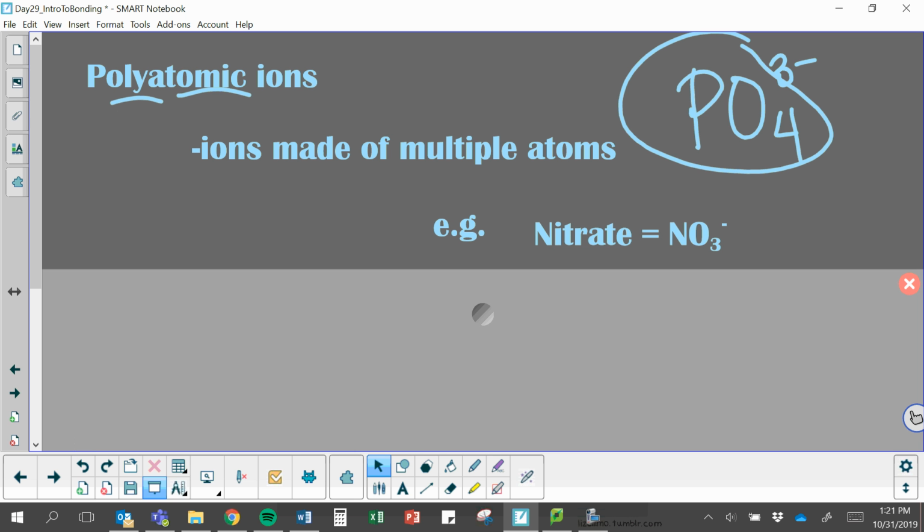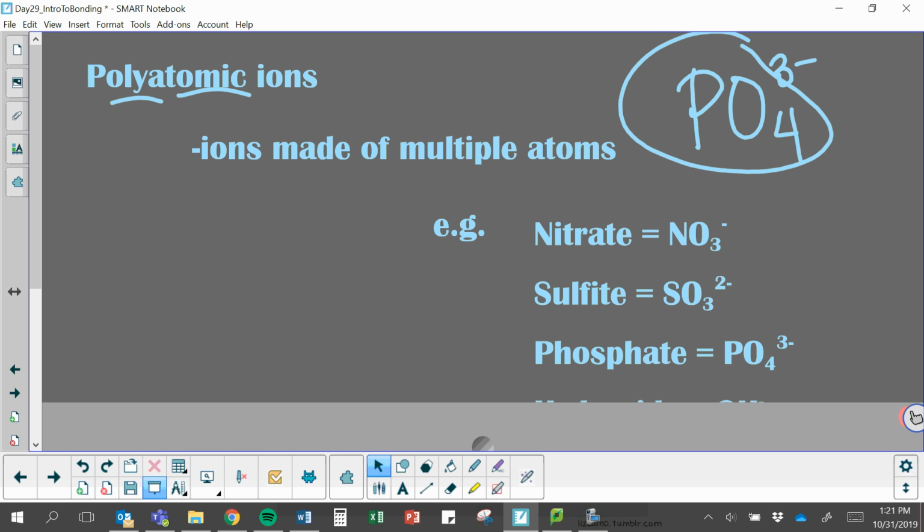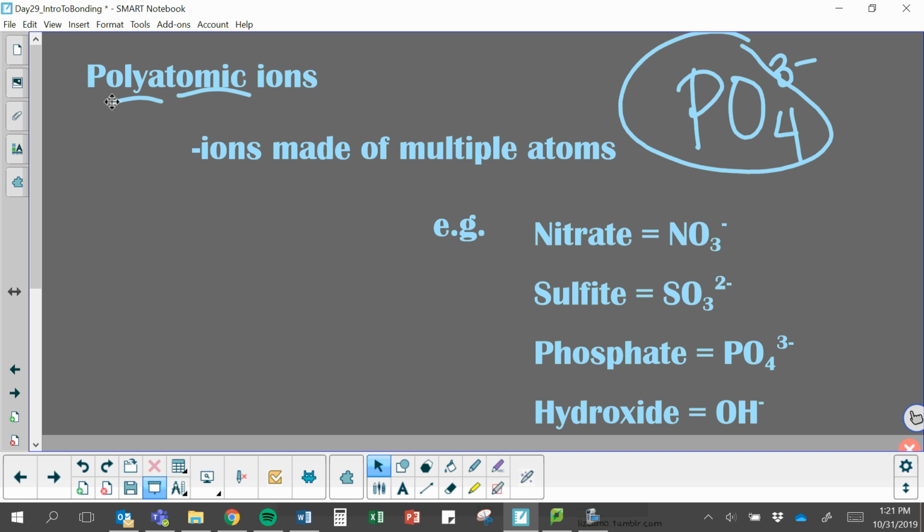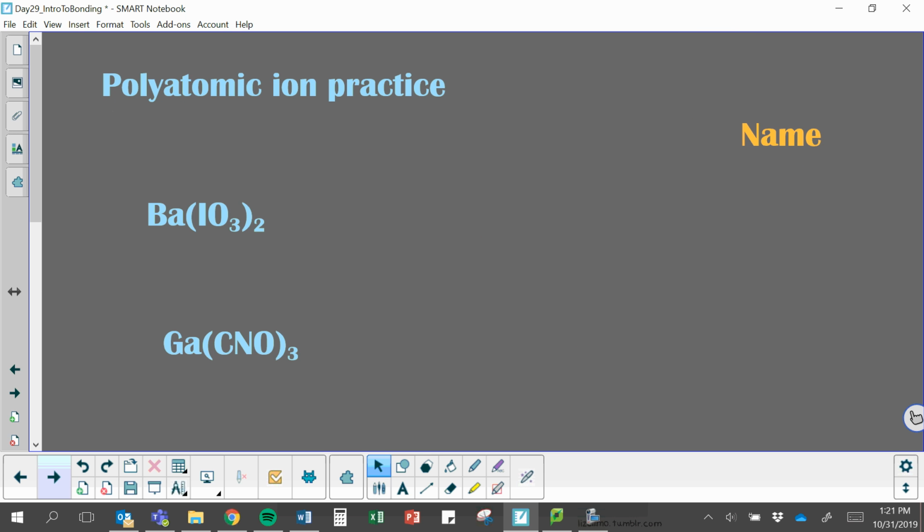Some examples of polyatomic ions are nitrate, sulfite, phosphate, hydroxide. You might have heard of hydroxide when we do acids and bases, which we'll talk more about when we get to that section. But they have more than one atom, and there's a charge associated with the whole thing. So how we use them in our naming is that if there's more than one, we put parentheses to denote that there's more than one of that whole entire polyatomic